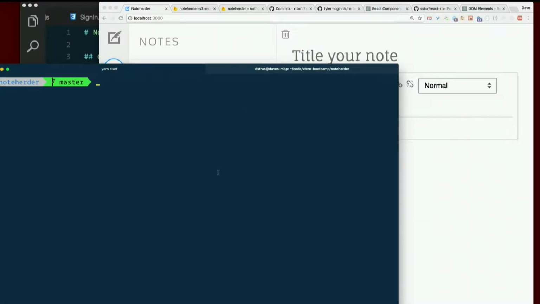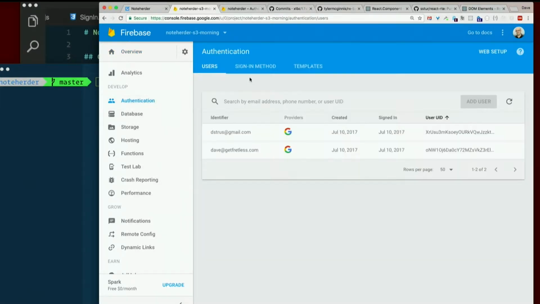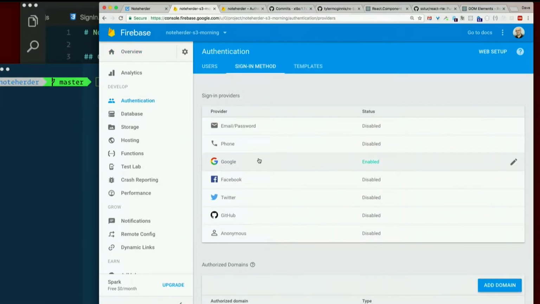The homework for yesterday was to add another means of authentication. We already have Google, which was very easy. Let's do GitHub. In Firebase, under authentication sign-in method, we have Google enabled. We could enable GitHub,